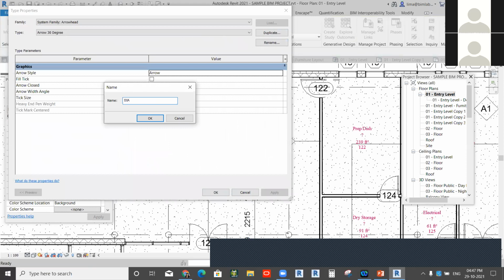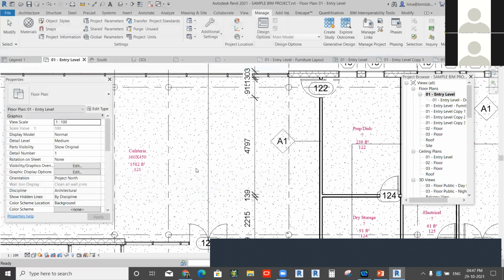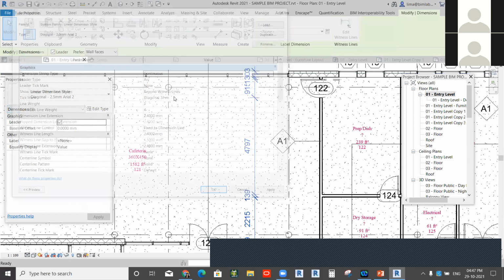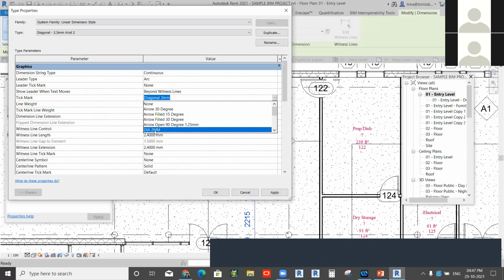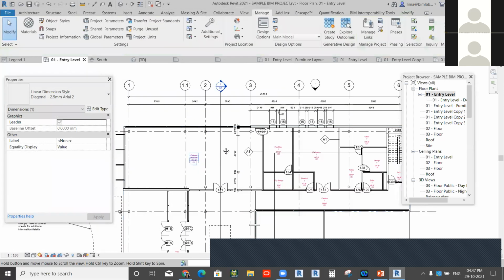If I choose a 2 mm diagonal arrow, choosing the diagonal one and providing 2 mm here, I'm selecting that dimension line, and I can change the default option. In this way, you can annotate.